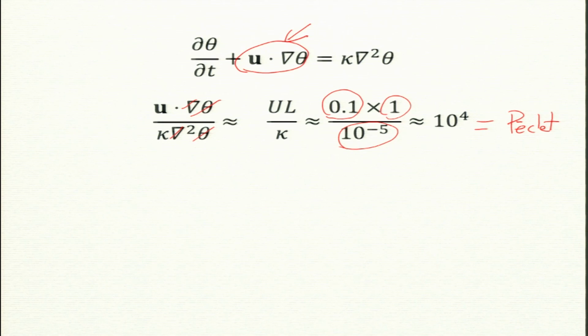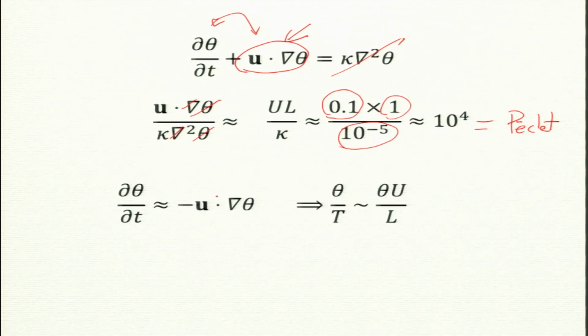So, what will time depend on? The time for diffusion is too small, so I can ignore this term and just equate these two, and you will get an estimate for time. In fact, you can easily see what the answer should be. So, I should equate partial theta partial t to U dot grad theta.